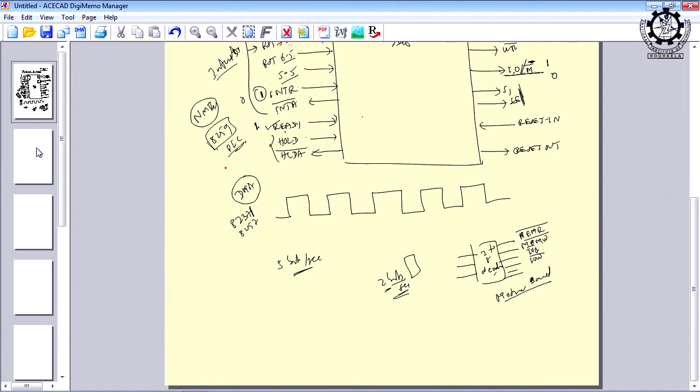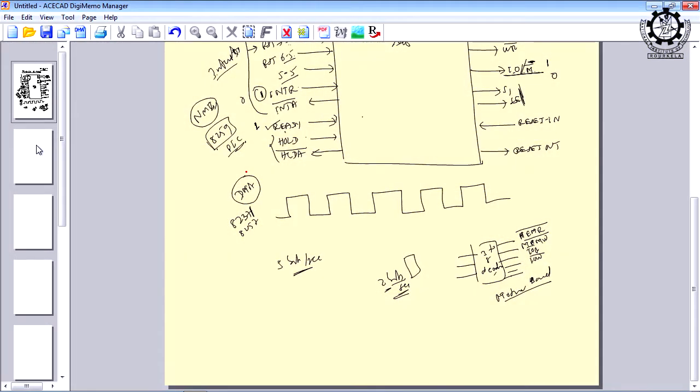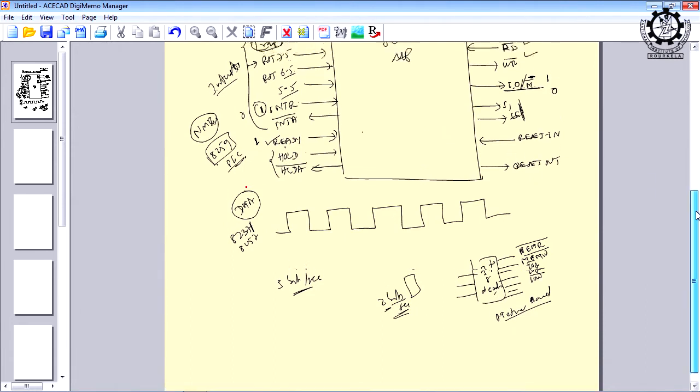But these are the chips that are supposed to be interfaced, and everything will be under the control of instructions. There is a general set of instructions that we shall discuss in the class, and there are some special purpose instructions focusing on each of these ICs, as I told you. For 8259, we have some instructions associated with it.